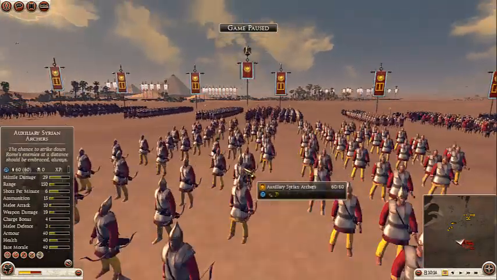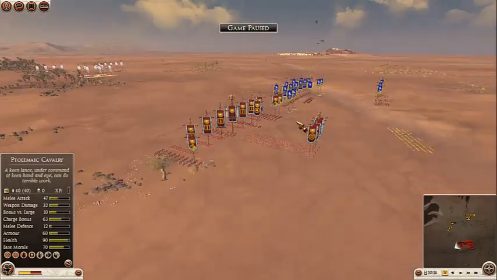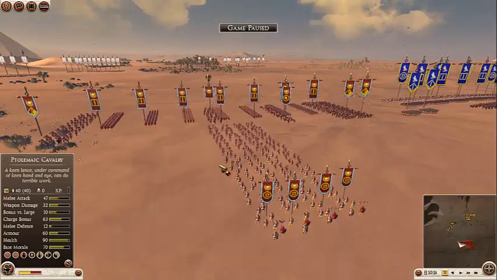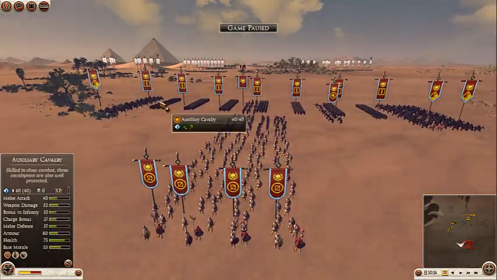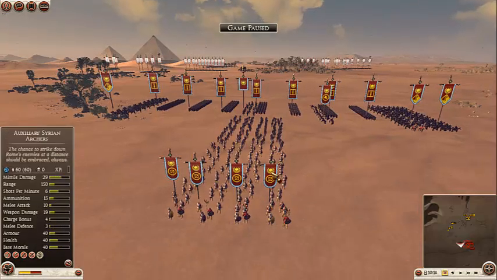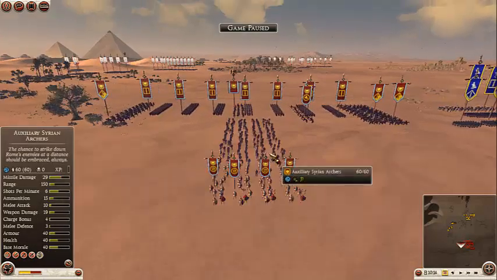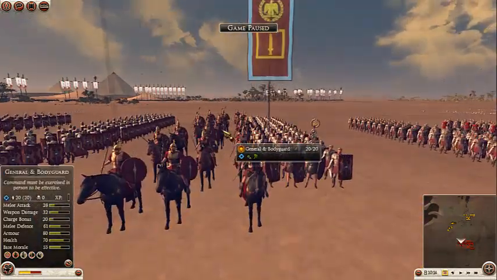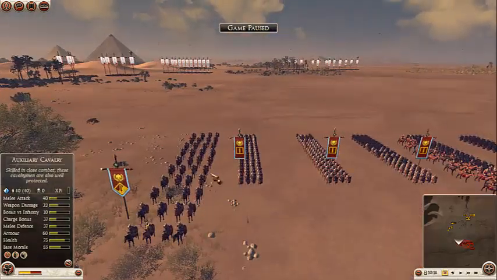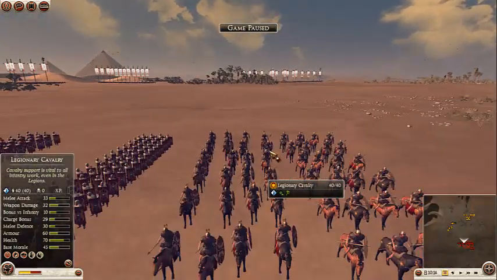Now, for my ally's army, we have 4 Syrian archers. Oh, and by the way, none of my units have any experience chevrons, and neither does my ally, I believe. Looks like, yeah. Oh, and by the way, the funds are on large. So he got 4 Syrian archers, 1 general's bodyguard unit, 2 auxiliary cavalry, and 1 legionary cavalry,